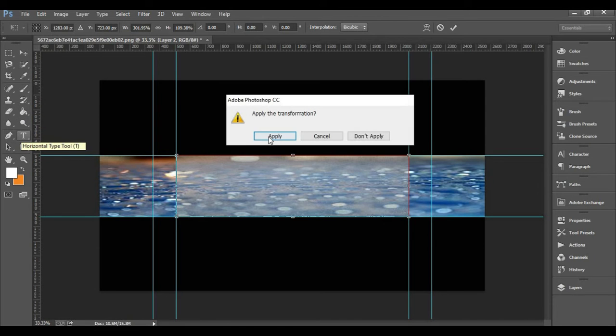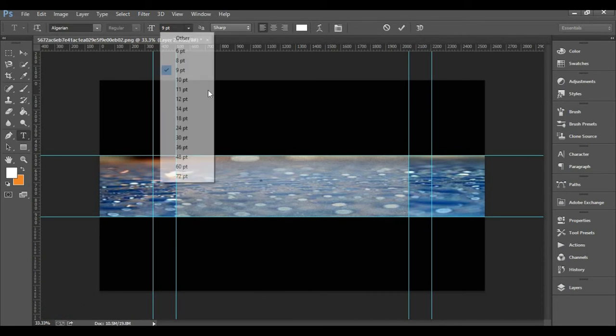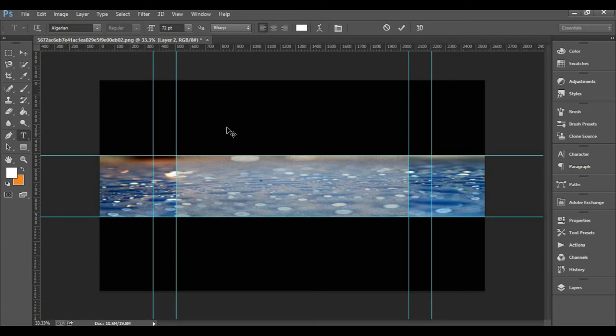Now let's add some text on this. AWO Technical. Increase the size of the text a little more.